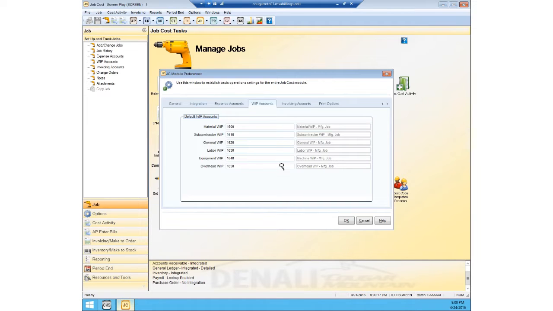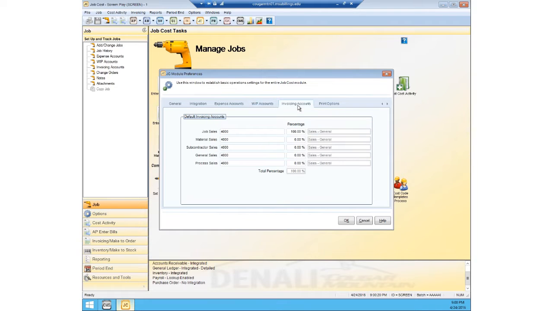So we've got those. The next tab is the invoicing accounts. This is where you indicate what percentage of the bill you want to go to which sales account. So for mine, I just want the entire thing, the entire purchase price the customer pays to go into the general sales account, so I put 100% here, and these will all add up to get the total percentage, so you'll want to make sure that this down here equals 100. And that's pretty much everything for the module preferences,